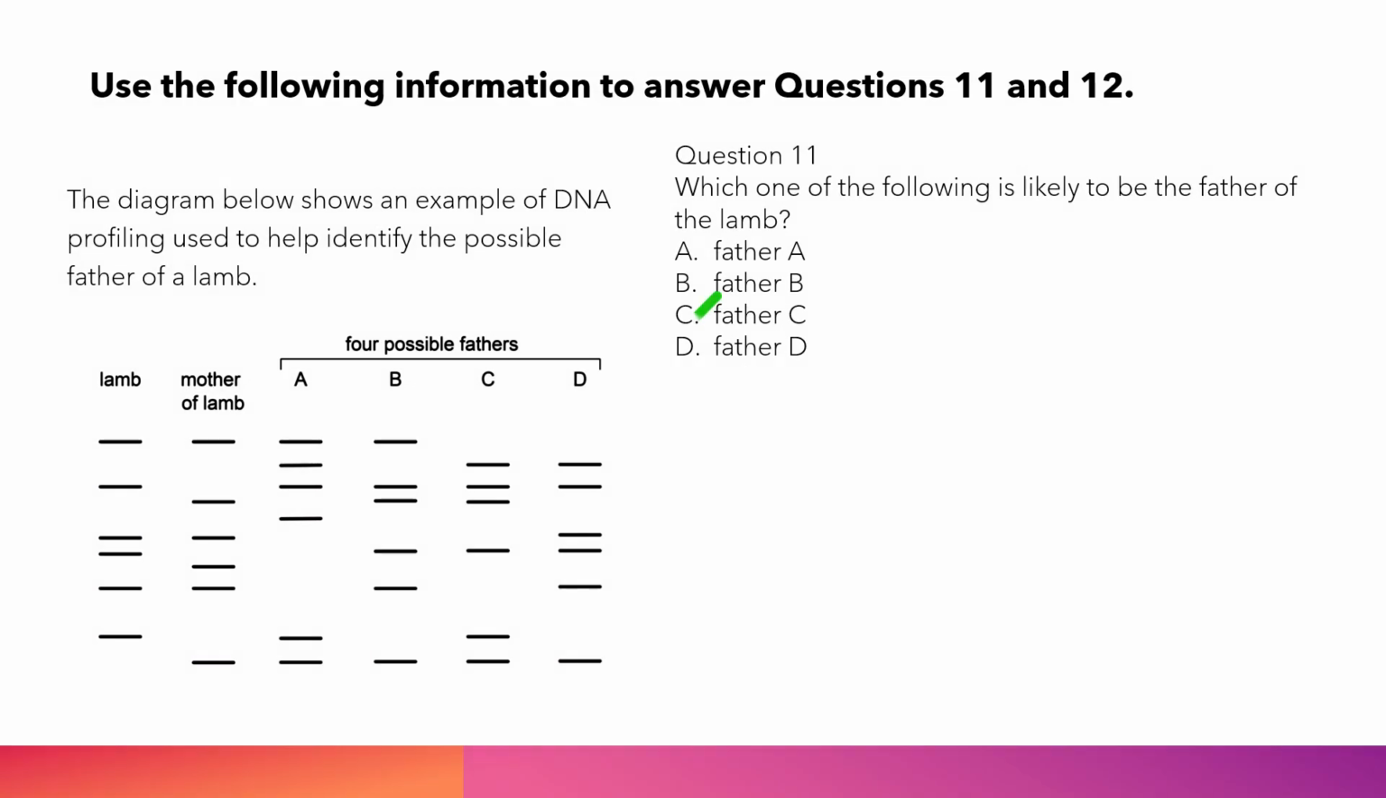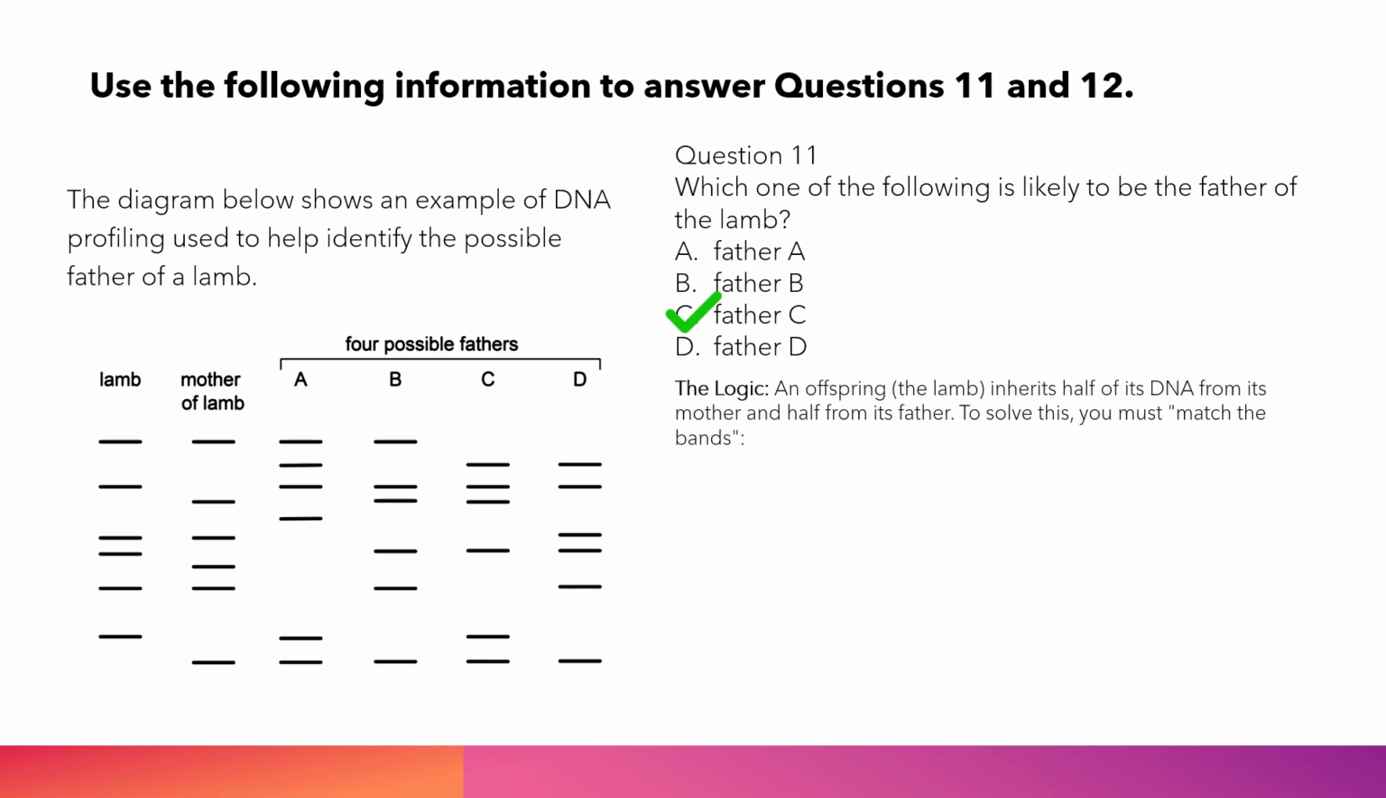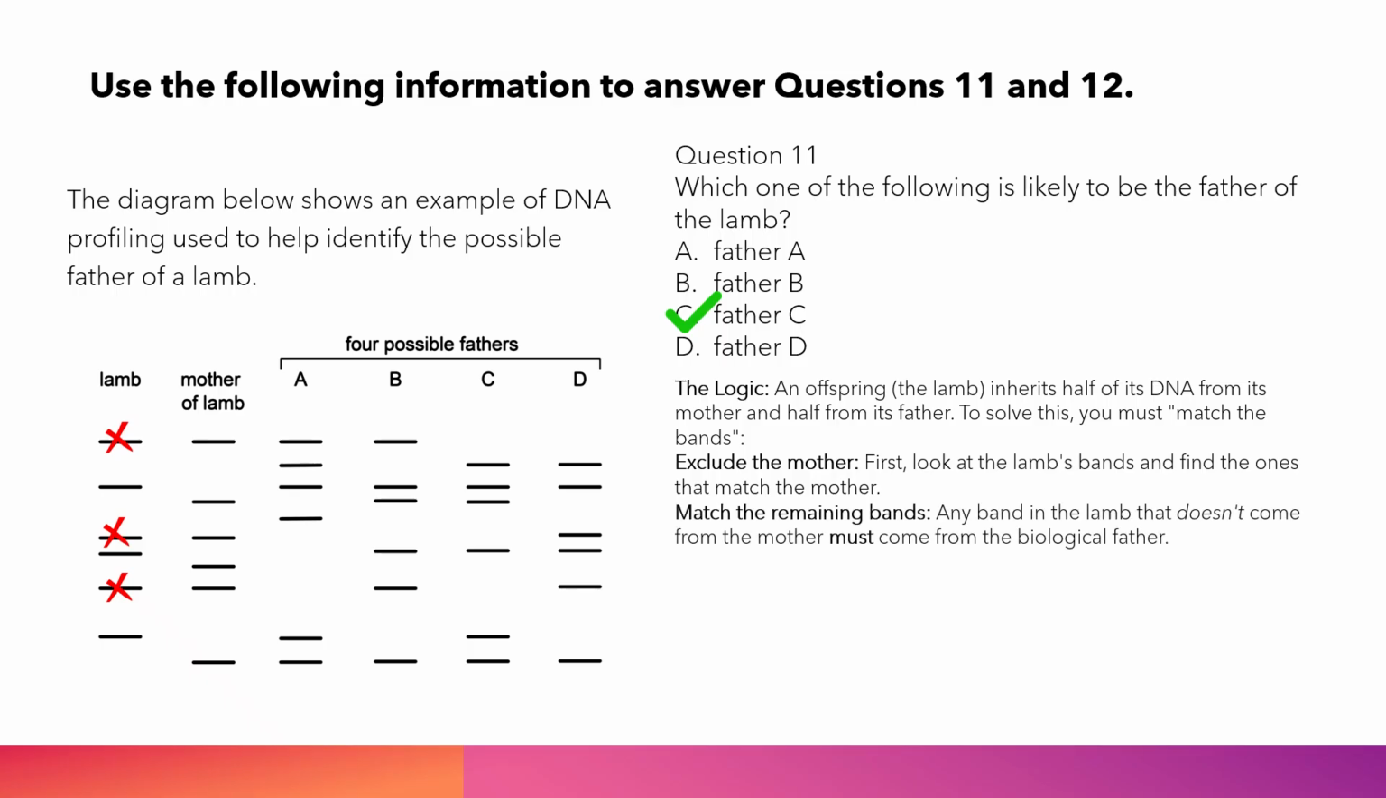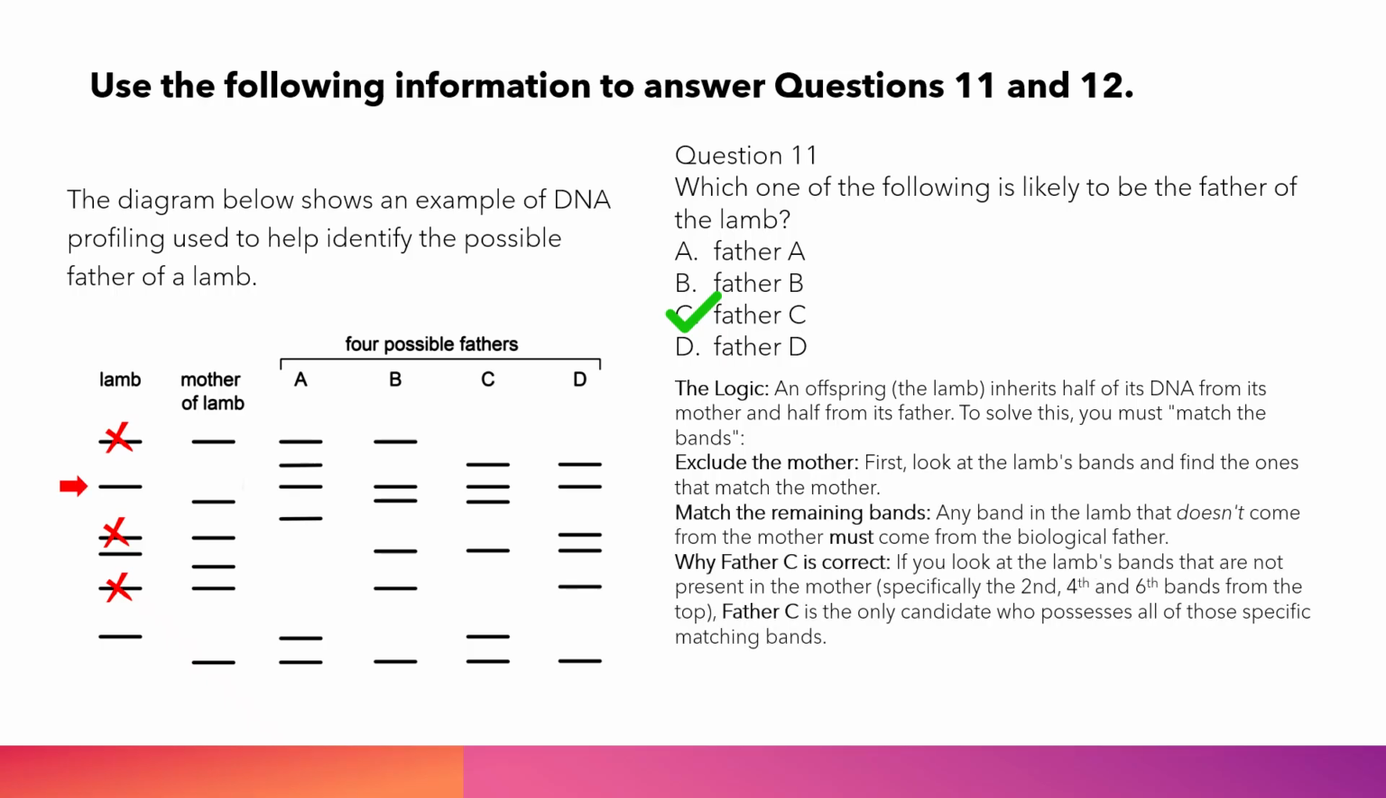The answer: C, Father C. The logic: an offspring, the lamb, inherits half of its DNA from its mother and half from its father. To solve this, you must match the bands, exclude the mother. First, look at the lamb's bands and find the ones that match the mother. Match the remaining bands. Any band in the lamb that doesn't come from the mother must come from the biological